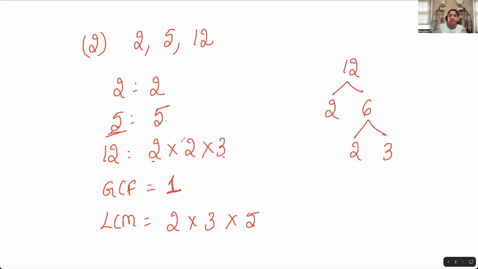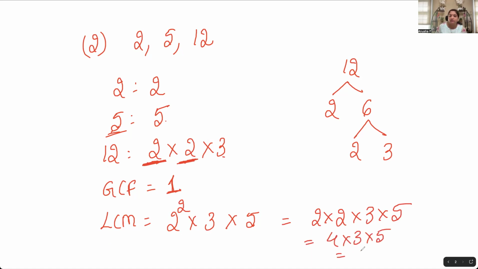Check in which number 2 is coming more often. In the first place 2, it came only once, right? But in 12 we have 2 times. Because in 12 we have 2 times, we can write it as 2 to the power of 2. Okay, so 2 to the power of 2 is nothing but 2 times 2 times 3 times 5, which is 4 times 3 is 12. 12 times 5 is 60. Okay,